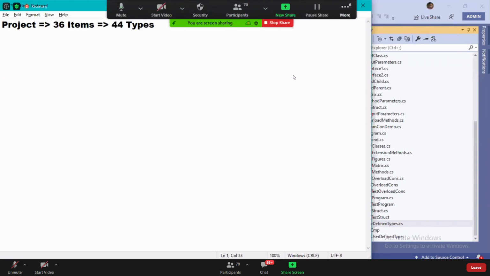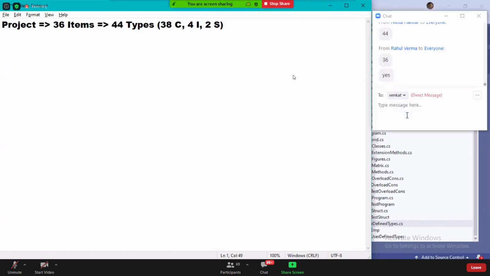In these 44 types, guys, remember, 38 classes are there, 4 interfaces are there, and 2 structures are there. Did you understand?